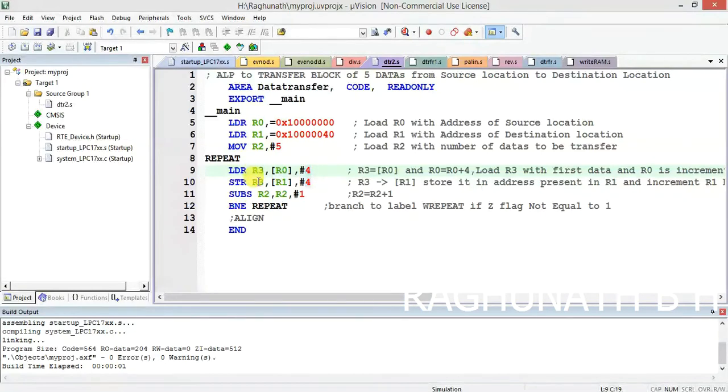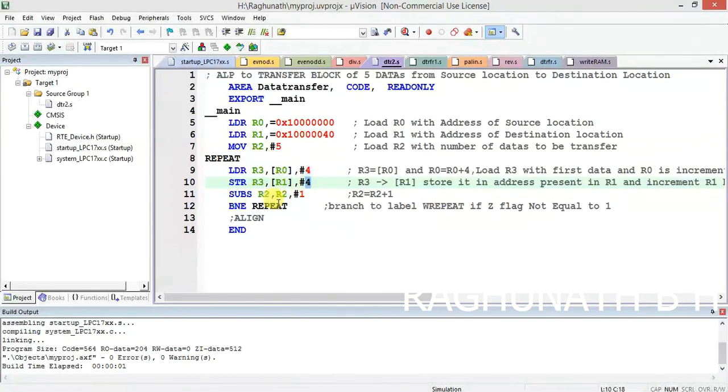The same data is there in R3, and it will be moved to the address specified by R1. In R1 we have the destination address, so the first data from R3 will be moved to this location, 0x10000040. After that, R1 is also incremented by 4 because the next 32-bit data should be stored at the next 32-bit location.